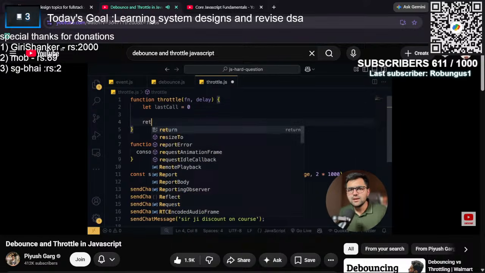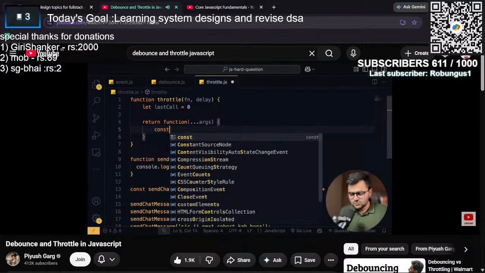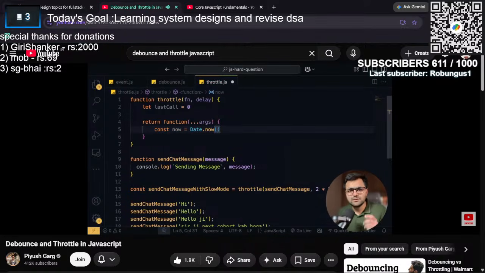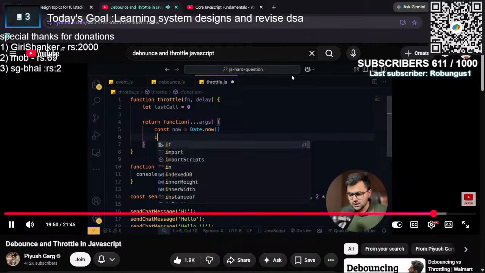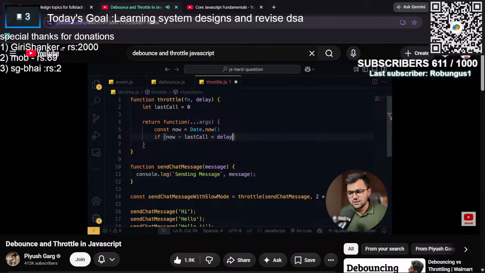तो मतलब कि लेट्स से मैंने बोला लास्ट कॉल जब भी हुई 0, ठीक है। हम क्या करेंगे, एक नया फंक्शन रिटर्न करेंगे जिसके अंदर हमारे पास आर्ग्स हैं, ठीक है। अगर पहले तो ले लो नाउ, अभी क्या टाइम हो रहा है, ठीक है, अभी क्या टाइम हो रहा है, डेट डॉट नाउ, ठीक है। इसको करने के मल्टीपल तरीके होते हैं वैसे, तो अभी ये टाइम हो रहा है। अगर इफ नाउ माइनस लास्ट कॉल जब भी हुई थी, अगर वो हमारे डिले से लेस दैन है,